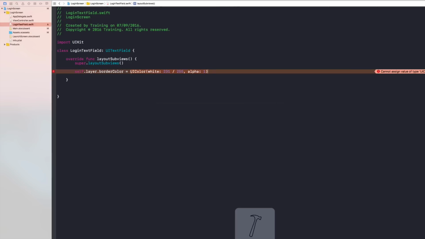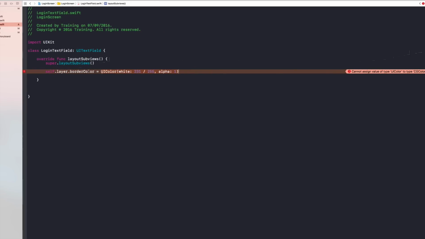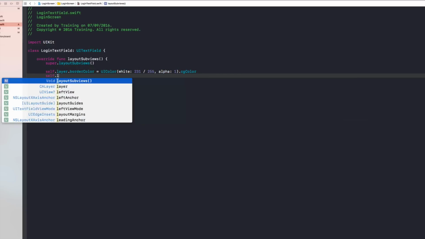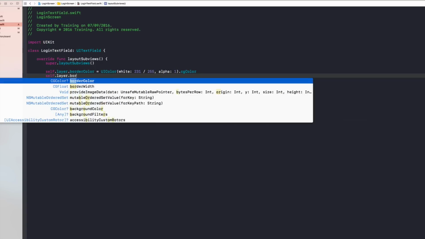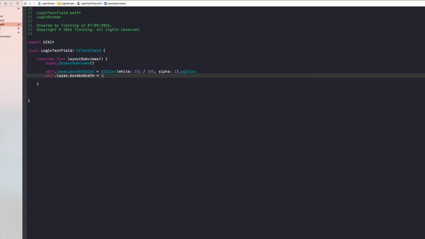Let's build that. Seems not to work because since we're using a layer here, we need to convert that to a CGColor, but now we should get rid of this error, and that works. And what we also need to do is taking the layer again and changing the border width to 1. So I also got that information from Nina. She told me that this border should have a thickness of 1